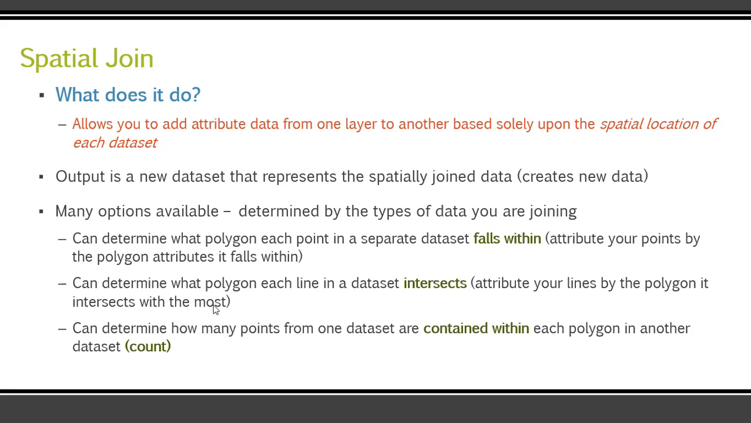What it does is it allows you to combine attribute information from one layer to another based solely upon the spatial location of each data set. The only thing in common that two pieces of data need to have is that they share geographic space. A spatial join does create new data. It creates a new data set that represents whatever summary or attribute grab it was that you were wanting between